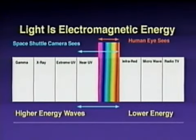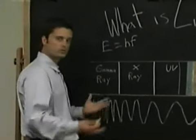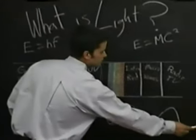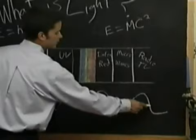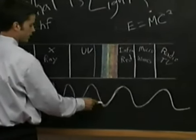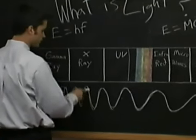So what is light? Light, in effect, is just energy, vibrating in different energy spectrums. I've made a chart here of what is known as the electromagnetic spectrum. And we can see, basically, from the diagram, that light is just energy in the form of waves. And these waves, as we go higher into this energy spectrum, start to oscillate faster and faster per